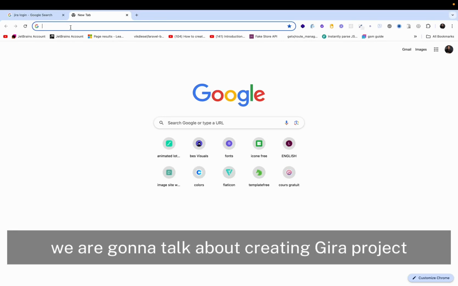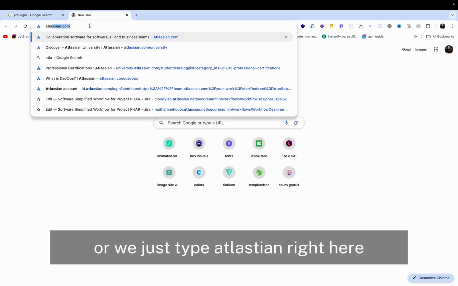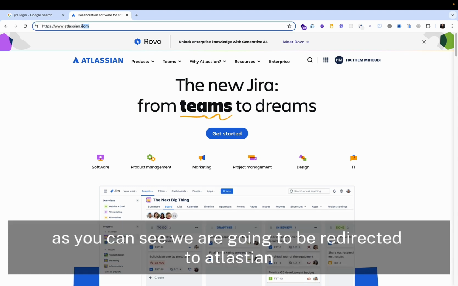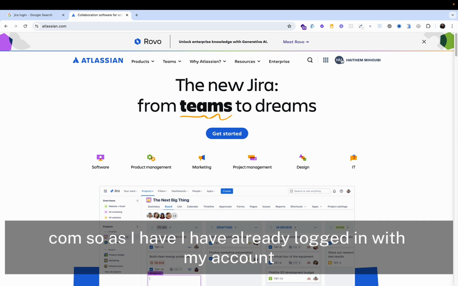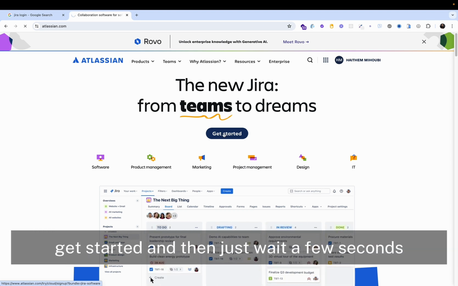We are gonna talk about creating a Jira project. So first of all, we are going to search for Jira login, or we just type Atlassian right here. As you can see, we are going to be redirected to atlassian.com. As I have already logged in with my account, I just have to click right here, Get started,